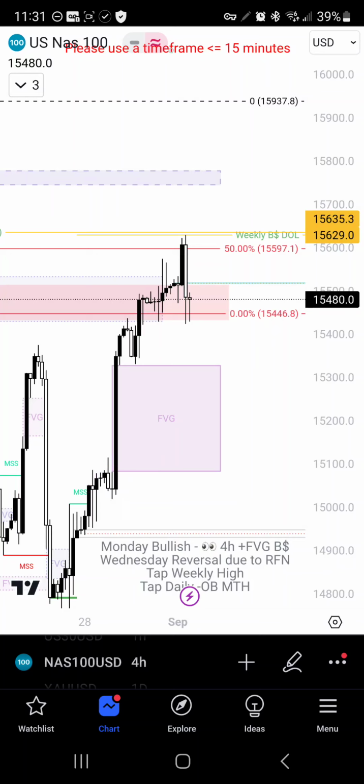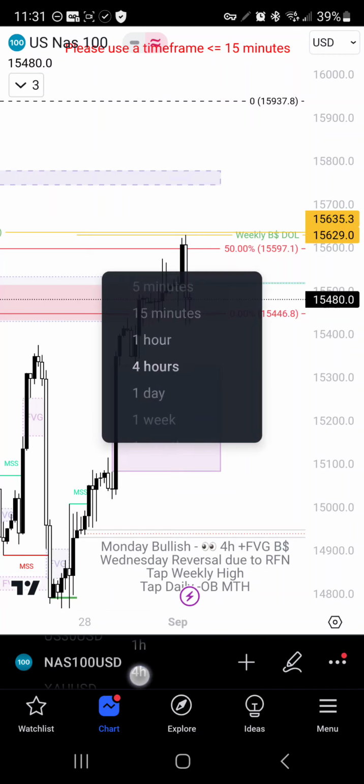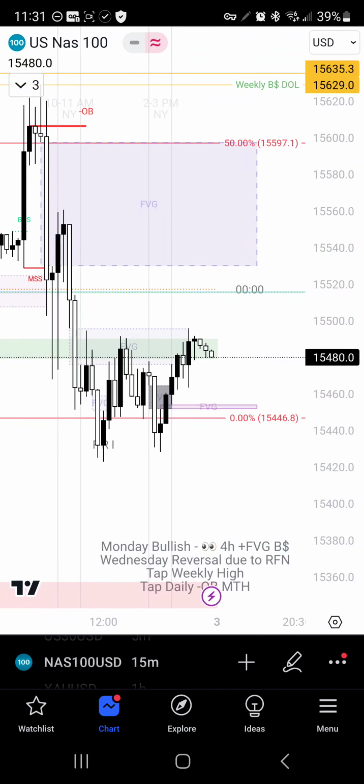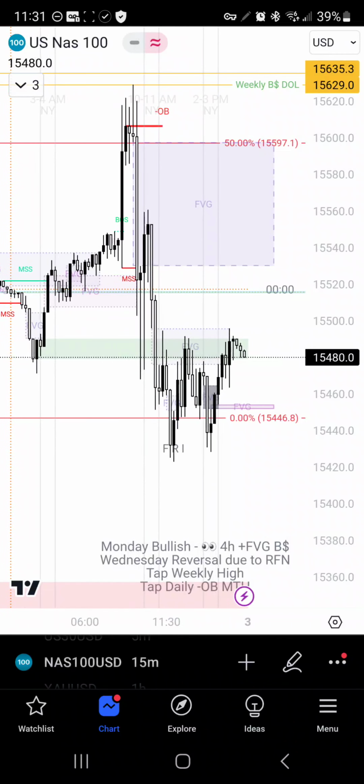That is my weekly and daily draws on liquidity, my weekly and daily biases, and what I will be looking for to trade. What I like to do now is trade my silver bullet setups, right? And just real quick, I like to see what direction my 15-minute has been going in. I like to check to see if liquidity has been swept. I like to see if we have a market structure shift. I like to see if we've had a tap into some type of PD array, and then that will determine the direction that I will trade my silver bullet in.